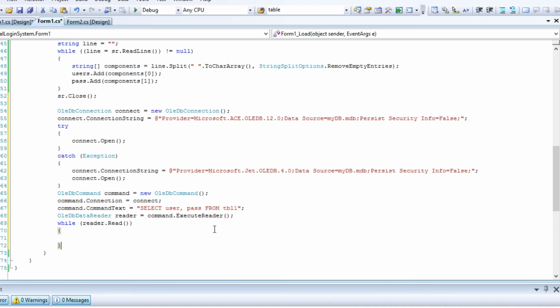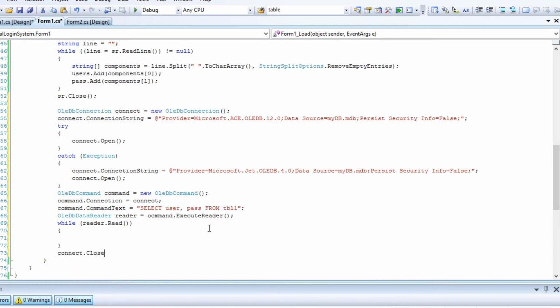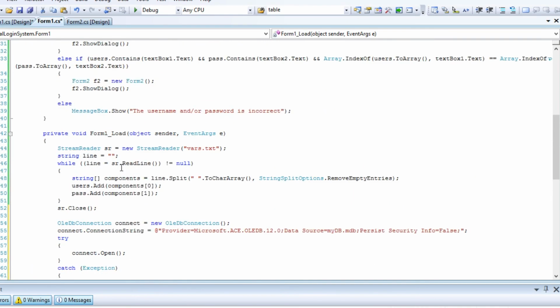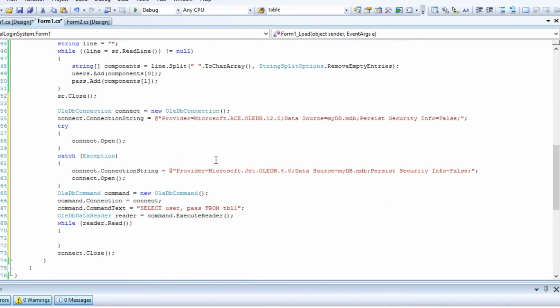As with stream readers, you should close connections when you finish with them. In a while loop, the app will read the table line by line, adding cells values to the list.